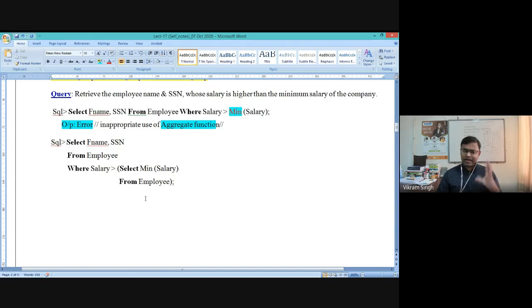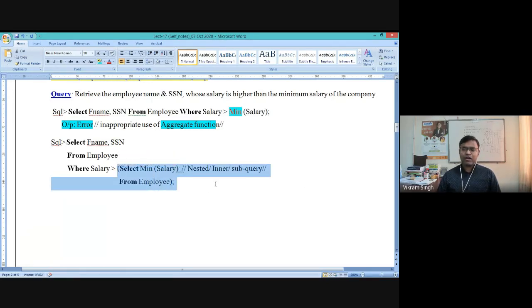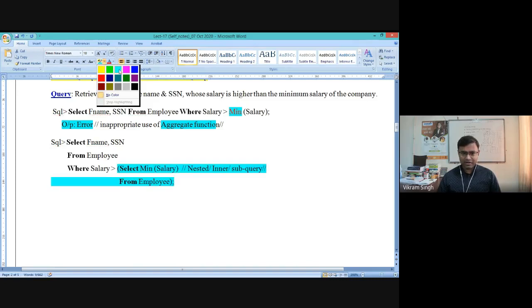Now you should have this kind of logical understanding that when we write a subquery or nested query, this subquery part will be executed first, right? This is how logic works in any programming language: the innermost part is executed first. In many books it is also written as nested, or inner, or sub, so there are various terms they use. This part is referred to as the nested part, inner part or subquery part.